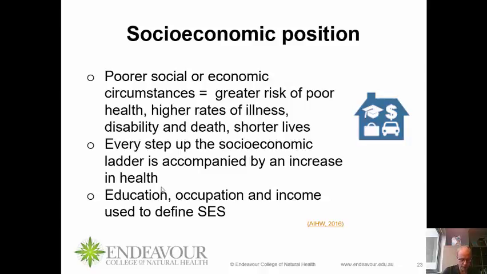So income and wealth play an important role in socioeconomic position, obviously. And higher income also is associated with greater access to goods and services that provide health benefits, and that includes things like food and housing and additional healthcare options. So people in lower socioeconomic positions are more likely to have a more restricted, narrower range of health options available to them, usually only those ones that are publicly funded. And loss of income through illness, disability or injury can adversely affect an individual's socioeconomic position and also therefore their health.